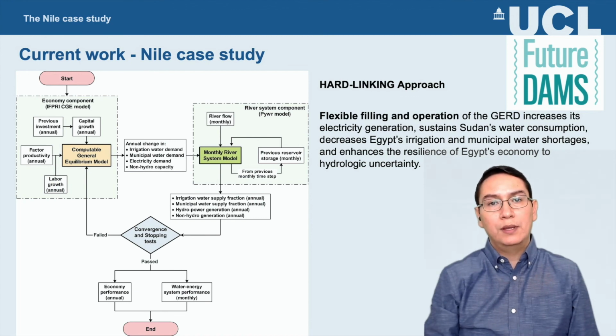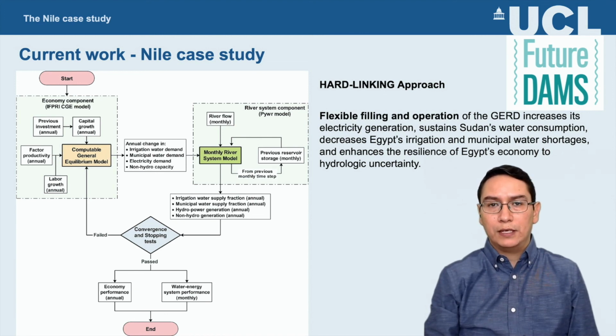Sudan, and Egypt. We show that flexible collaboration in managing the Nile, that is, removing constraints on minimum releases from the GERD when there is sufficient water in the High Aswan Dam or when the flows of the other 2 Eastern Nile tributaries are high, can ensure, if it is physically possible, the satisfaction of irrigation and municipal water consumers